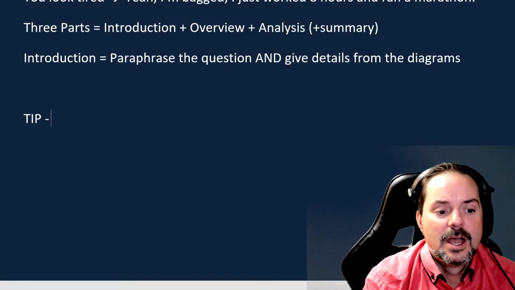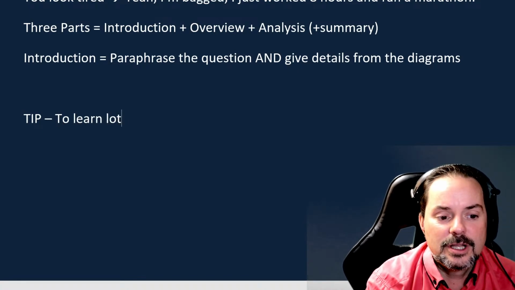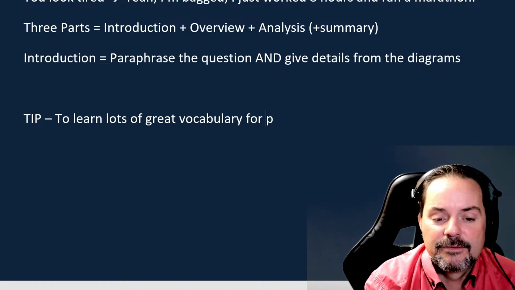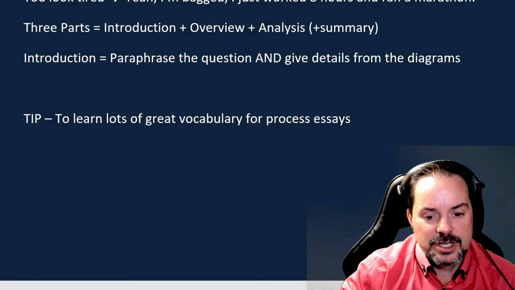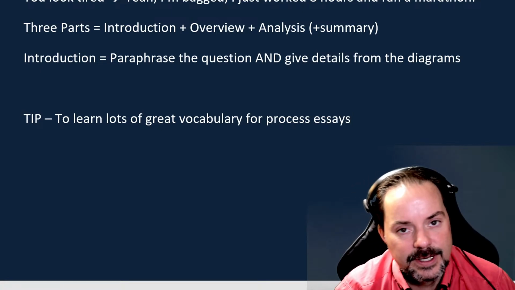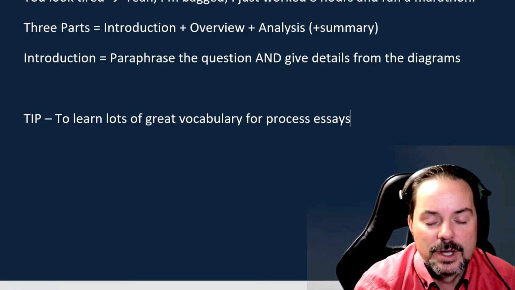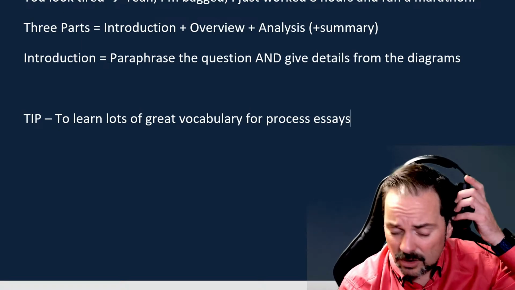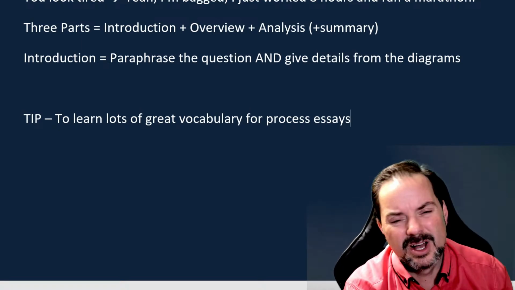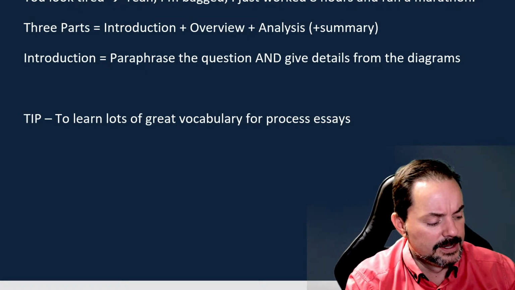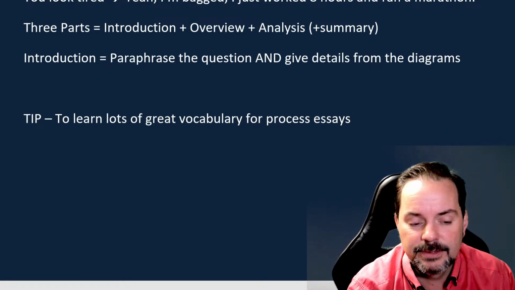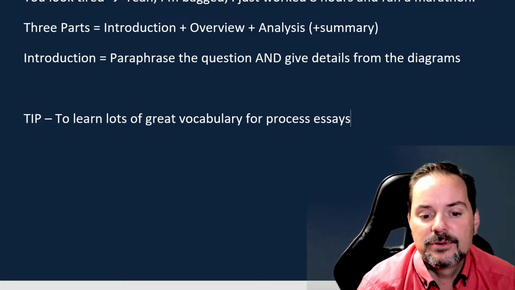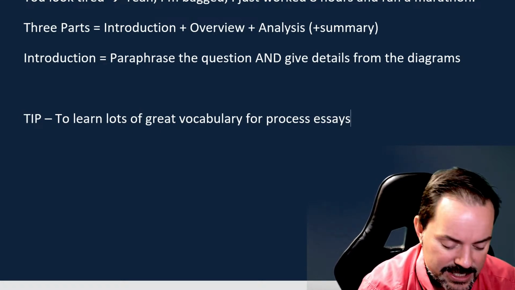So tip, to learn lots of great vocabulary for process essays, engineers, all you engineering and computer science students out there, this is a really good one. It's good for a lot of other majors as well, right? Because process diagrams are a big part of a lot of different majors, including marine biology, right, Domenico? So to learn lots of great vocabulary for process essays,